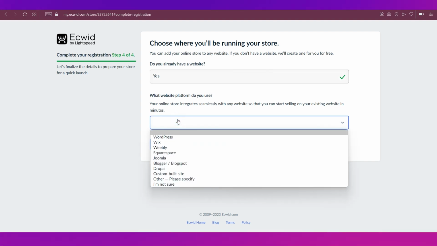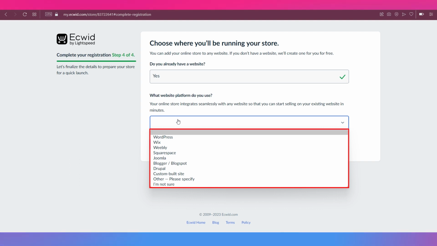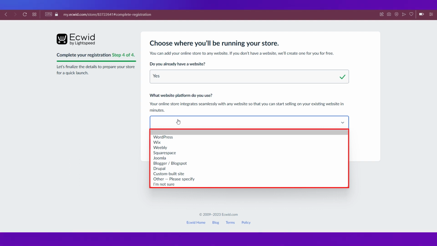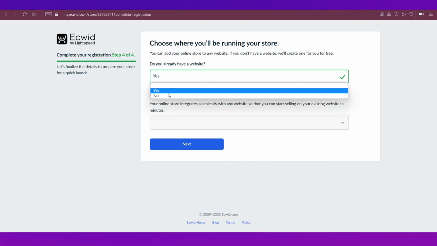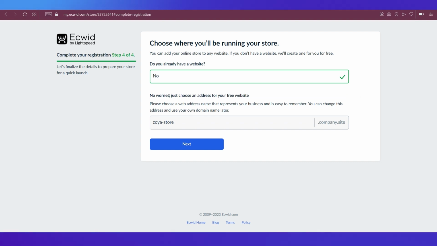The options here are WordPress, Wix, Weebly, Squarespace, Joomla, Blogger or Blog Post, Drupal, Custom Build Site, Other, and I'm not sure. On the other hand, if you're selecting the no option, then Ecwid will provide you a free website